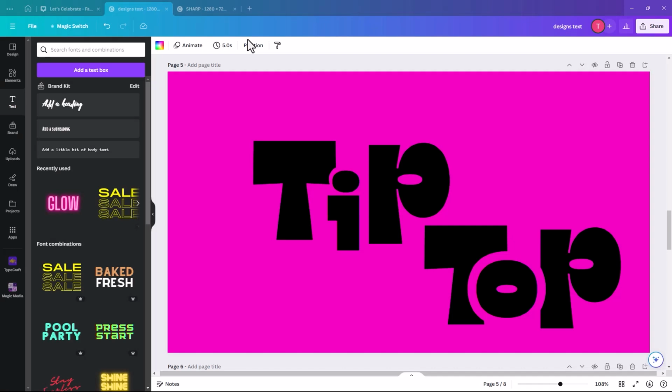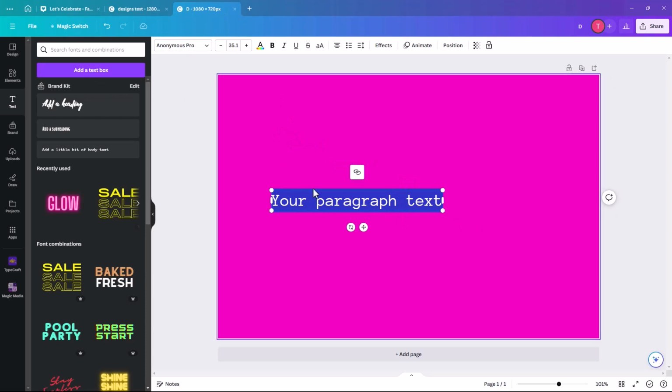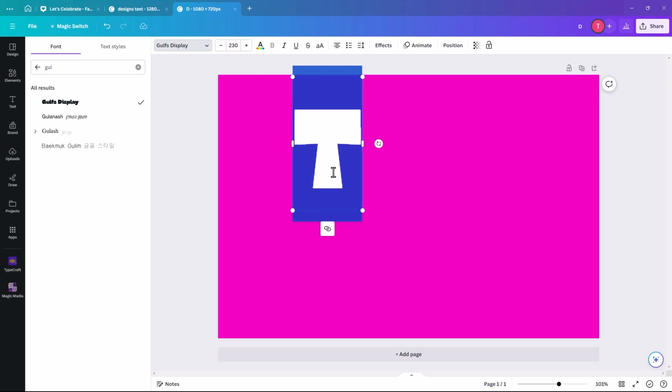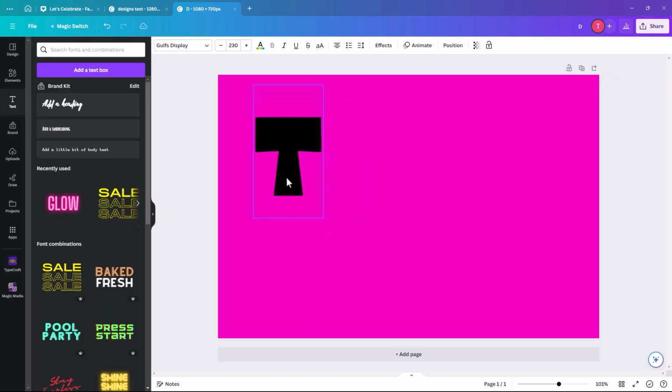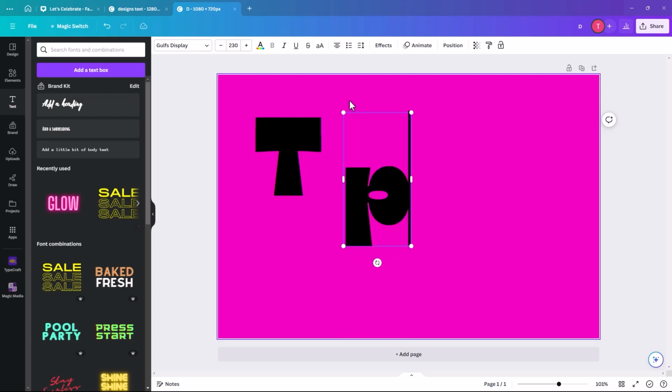So the next one I'm going to show you is layered text and how to make it pop as a graphic. So the word we're going to use is tip top, but you can use any word you like. So we're just going to write T. I'm just going to get it kind of the size that I want it to be, and the font. So I'm going to use Gulf's Display, and I'm just going to increase the size, and I'm going to duplicate that and do a P,